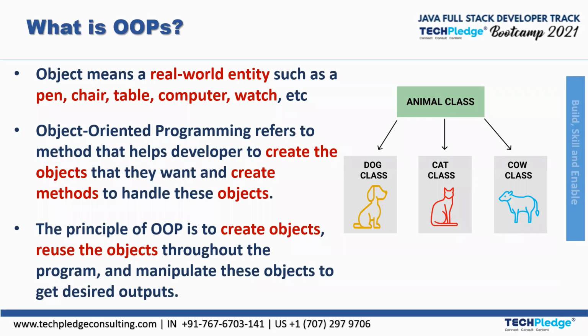Now let me give you an example about the main functionality of OOPs. Suppose a person has written a code, a very elaborate code for a particular software. Now I want to write a similar code with a little difference, like tiny changes that are required. So there can be two ways of doing it. Either I can write my own code, which will take a lot of time because it is an elaborate code, or I can take the other person's code, and I can make the changes according to my desire.